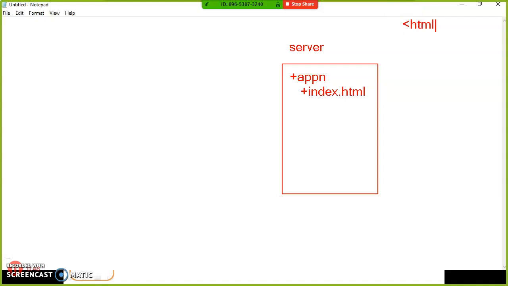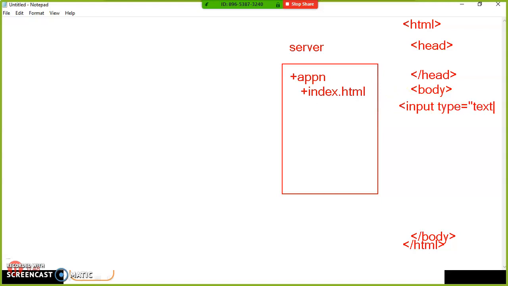Here I have the HTML tag, and I'm going to close the HTML tag. And here I'll declare one header tag, and close my header tag. Okay, and here I'll declare my body tag, and close my body tag, something like this. And here I'll take some input tags.